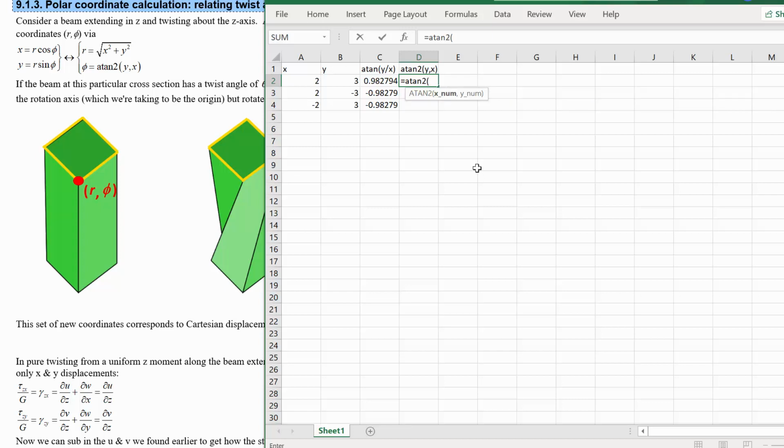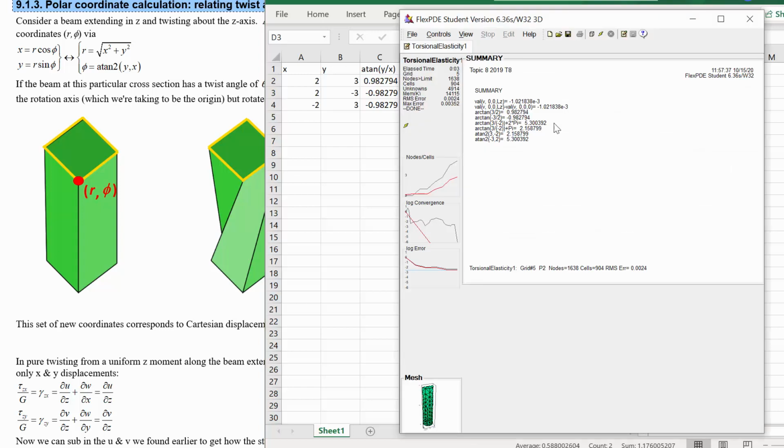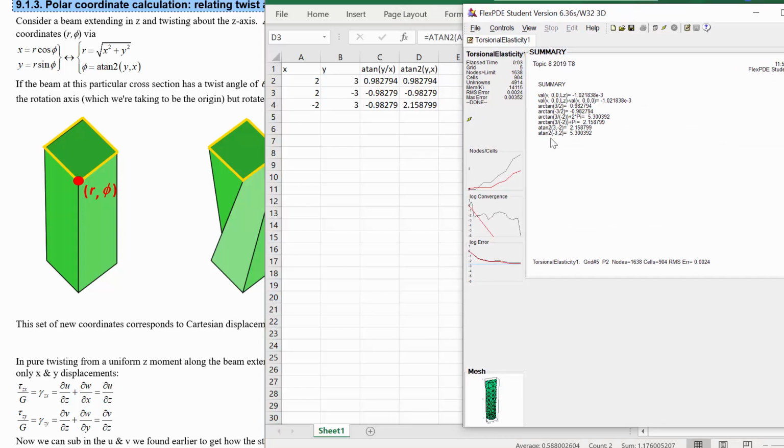Now be careful which order it expects the arguments in. So the programmers of Excel have decided that the first argument should be the original x value, and the second argument should be the original y value. As you can see, that's not uniform among other things. So FlexPDE has decided that the first argument should be the y value and the second one should be the x value. In addition, Excel has decided that it's going to give you an answer for arctan2 that agrees with arctan